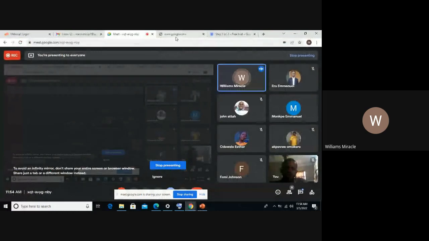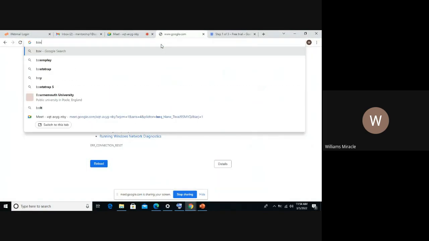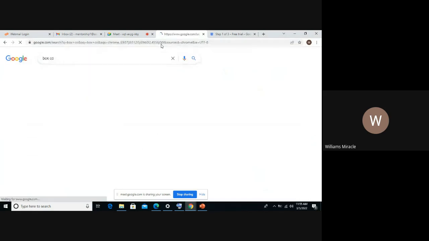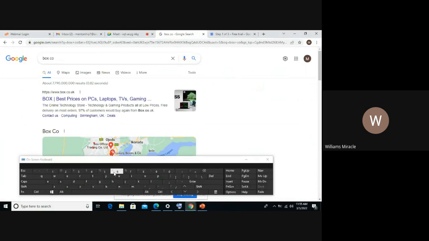I can come to my browser. All these things are accessible online. You can say www.box.com, and all you have to do is just sign up and start entering all the needed process and procedure.